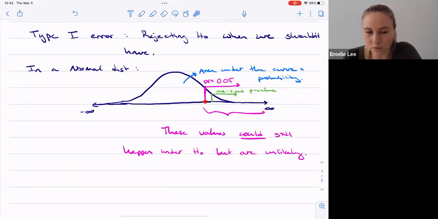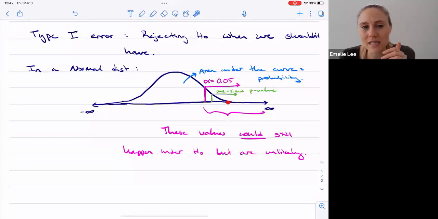Because as soon as we reach this threshold, as soon as we have a p-value that's smaller than this threshold of 0.05, which is the default, right? Then we're going to reject H0, right? But there's a 5% chance that we're wrong, right? That it actually did come from, it was just an extreme observation from that distribution, the null distribution.